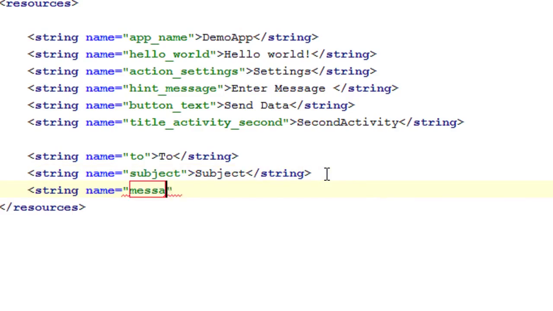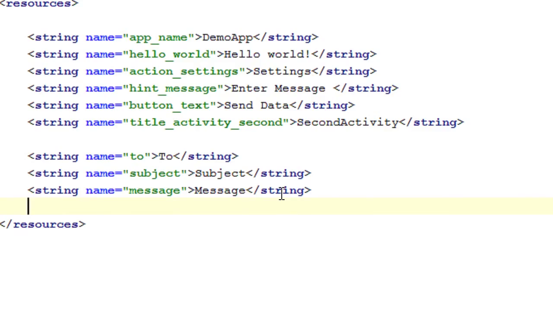Third one is message, and specify the value as message. And final one is the label on the button. It is sent, and specify the value as sent. Okay,